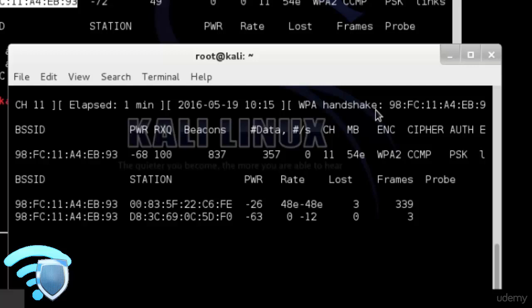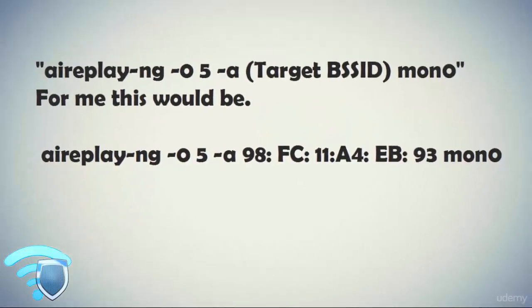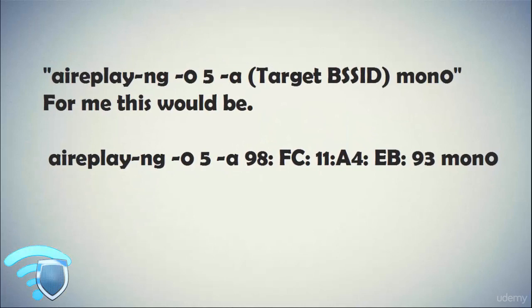There is a way to speed this up if you know someone has a wireless device connected to the router, by de-authenticating them or kicking them, forcing them to reconnect. This will most likely be recorded by the router, so this is not a passive method. To do this, open another terminal window and type